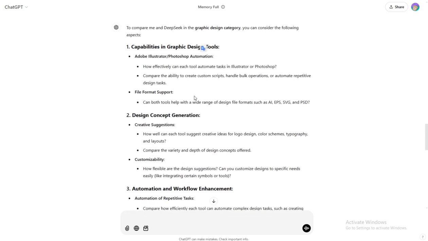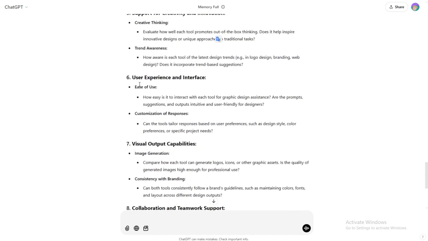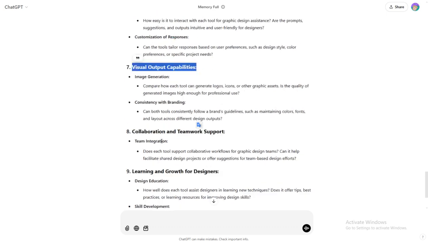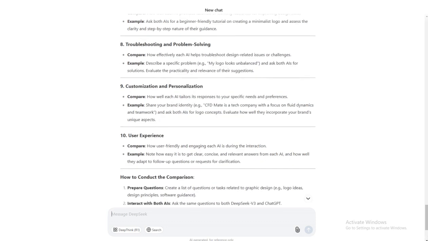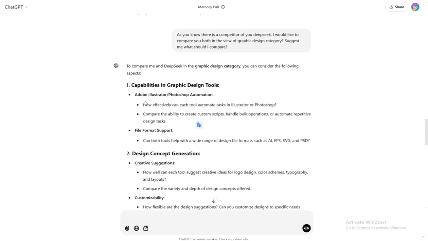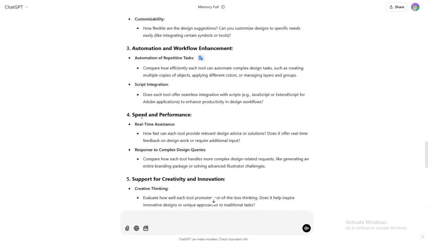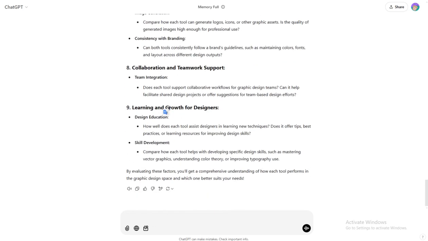So if I get the main things: automation, and then design concept to visual output capabilities. Yes, it has given us 3 and 4. So I have 4 things here. If I show you, automation 1, automation 2, concept generation 3, visual output, 4 is learning and growth for designers. So these 4 are true.